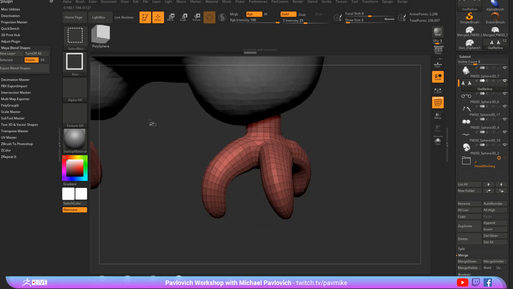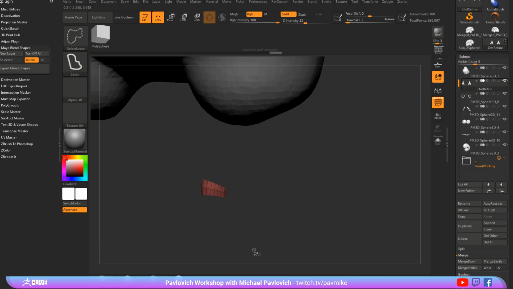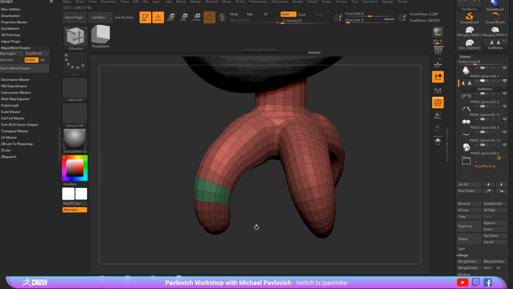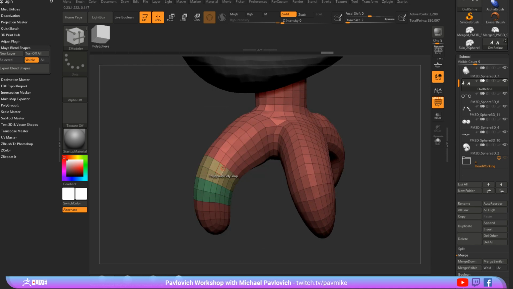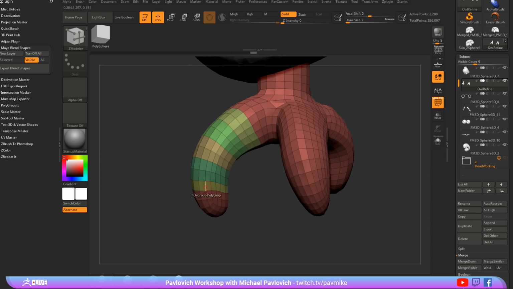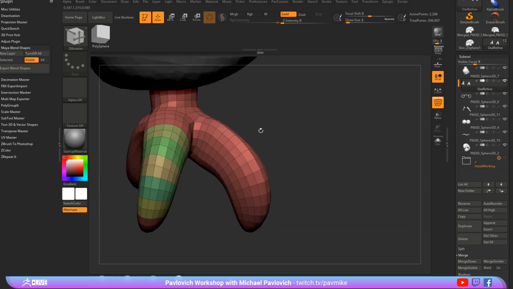and you can say, two ways you can do this. Hold down Control Shift, go to select lasso, and we can grab these two, hit Control W and make its own polygroup, or even easier is ZModeler, Polygroup, Polyloop. Let's go through here and tap Alt. Like so, and then